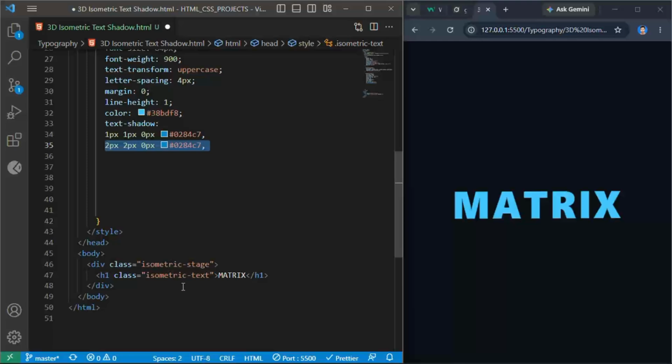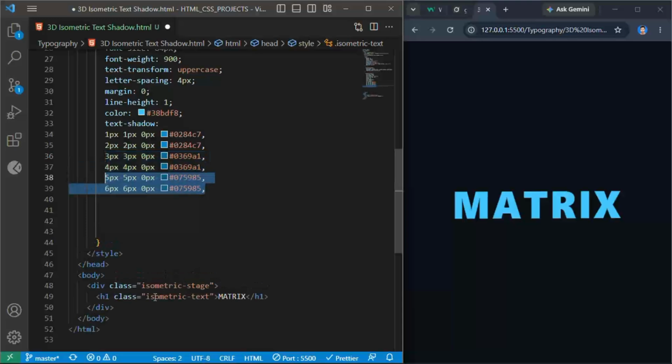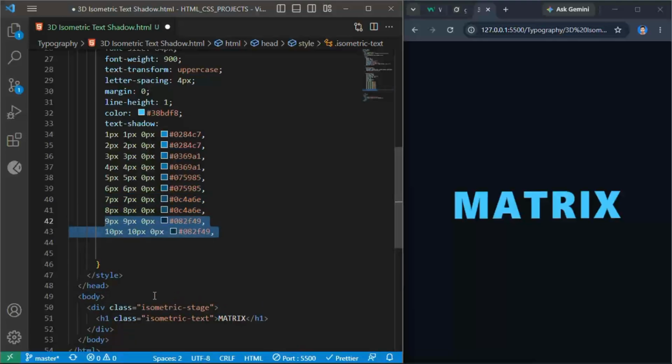#0284C7. Shifting to darker tones as we go deep into the shadow, like 3 pixels and 4 pixels with #0369A1, 5 pixels and 6 pixels with #075985, 7 pixels and 8 pixels with #0C4A6E, and locking in the deepest base layers at 9 pixels and 10 pixels with #082F49. Directly following our depth shadow steps, we add soft ambient floor shadows, 12 pixels, 12 pixels, 20 pixels, RGBA